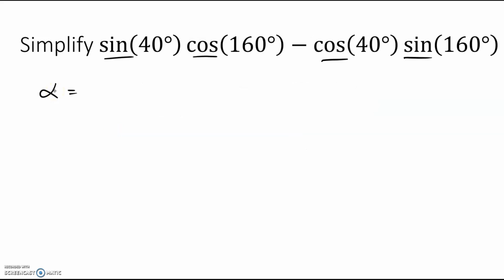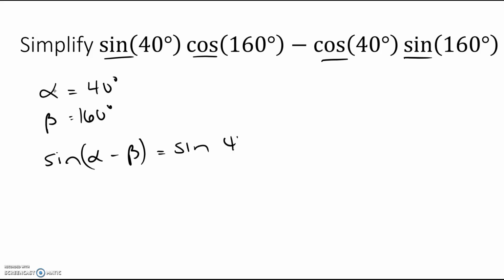Okay, so our alpha is 40 and our beta is 160. Okay, so sine of alpha minus beta. So this is sine of 40 minus 160,